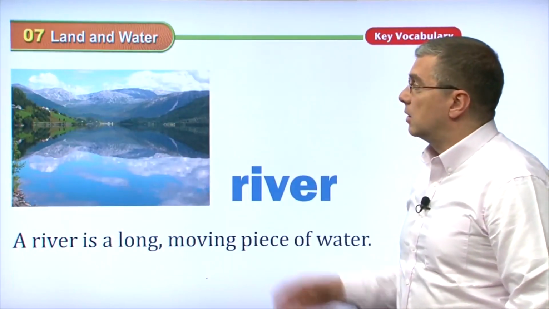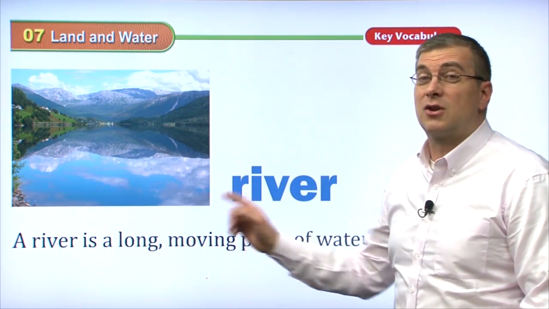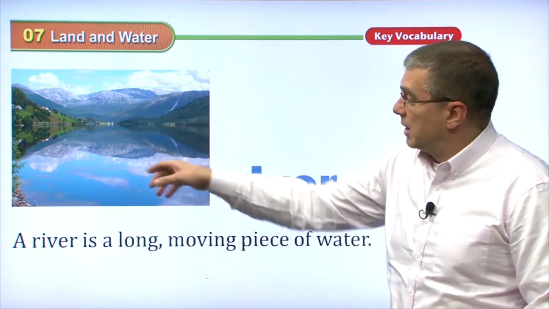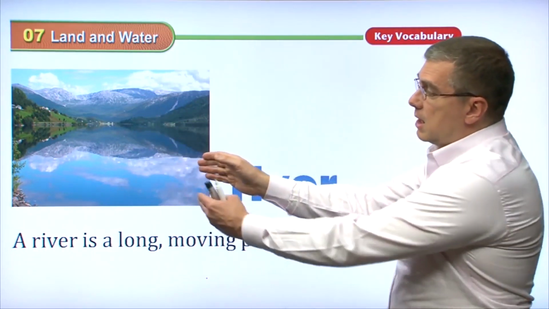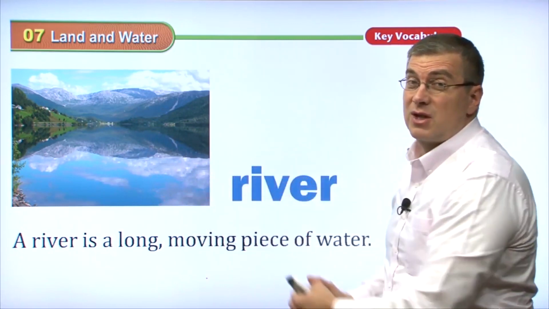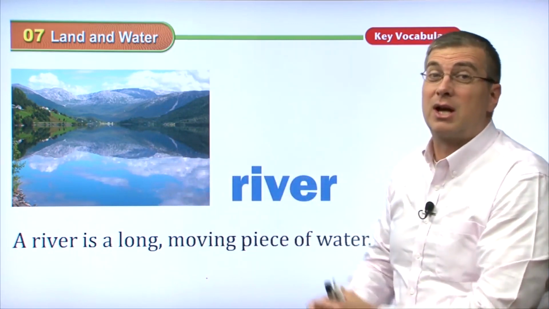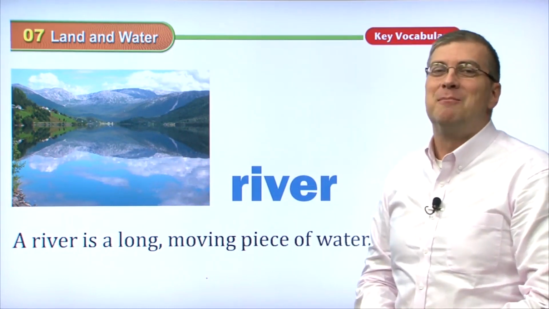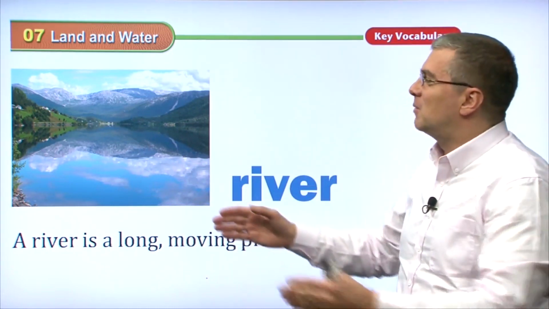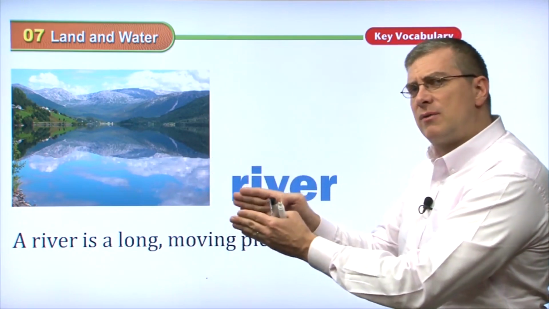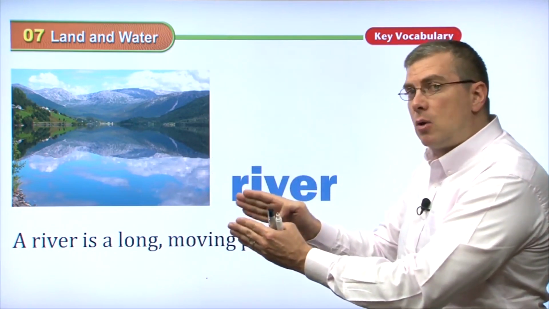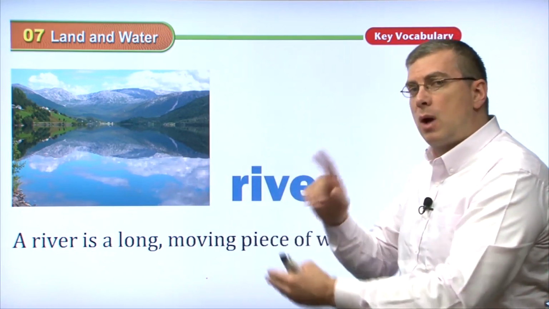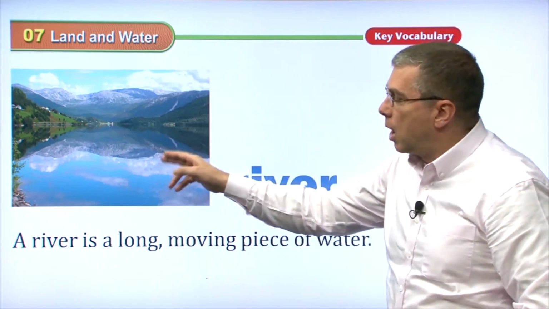First of all, let's take a look at one interesting feature. It's a river. This is a good picture of a river. Rivers can be very wide, right? Especially the Mississippi River in America is really wide. Mississippi. Can you say that quickly? Mississippi. The Mississippi River is very wide. Sometimes rivers are smaller, narrower, but they all have one thing in common, and that is the water in a